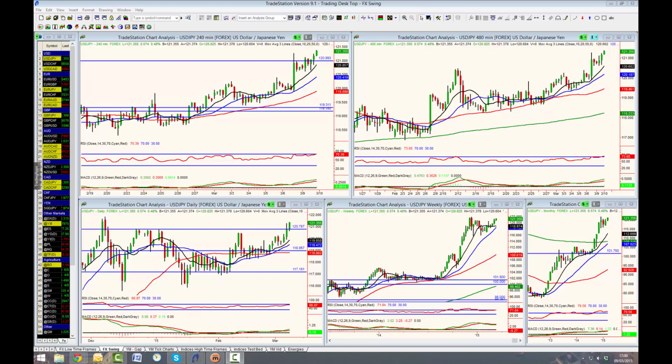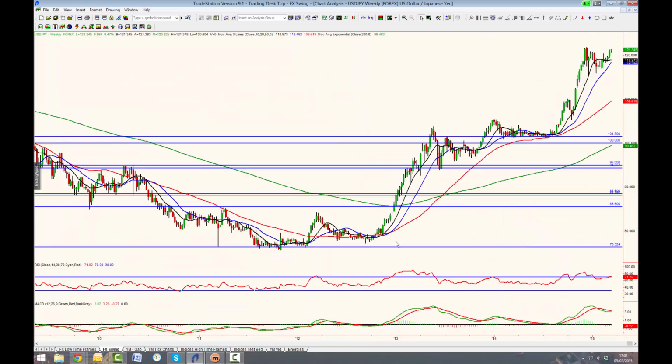My name's Simon Clark, and this week I'm going to take a look at some of the markets that I'm keeping a close eye on for the next big move. Some of these markets are fairly close to key support and resistance levels, or they've just broken through them. So I'm going to take a look at some of these markets and share with you what I'm keeping an eye on. Now, the first one here is dollar yen, and if we open up dollar yen on the weekly